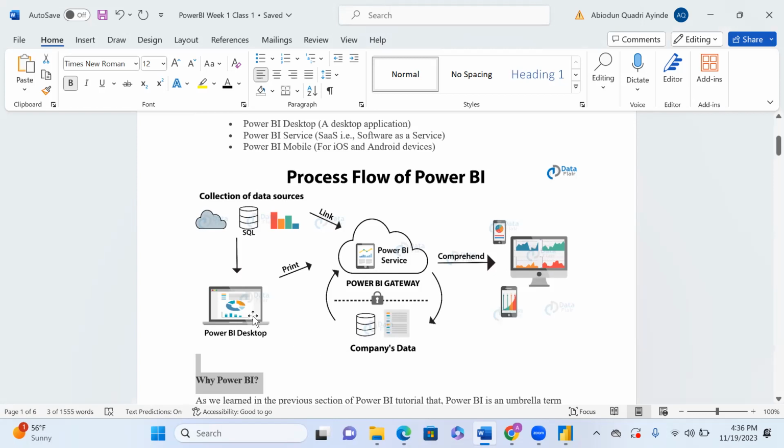for you. And each time you get to work, maybe probably like 9 a.m., and you log into your Power BI service, then you should be able to see the most recent data that has been updated by the Power BI gateway. So for us to publish from the Power BI desktop, a gateway has to be in place to handle the automation, to handle the auto refresh. And from here,